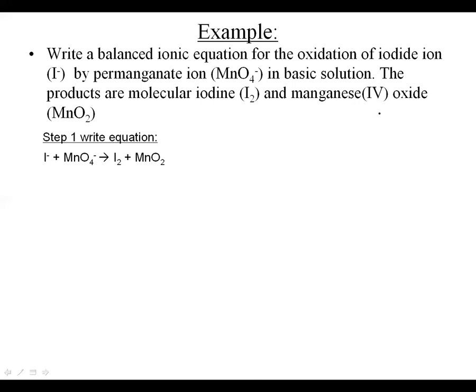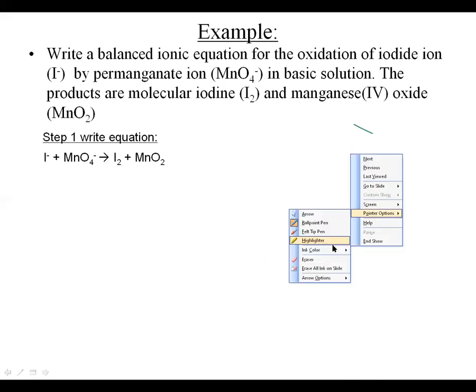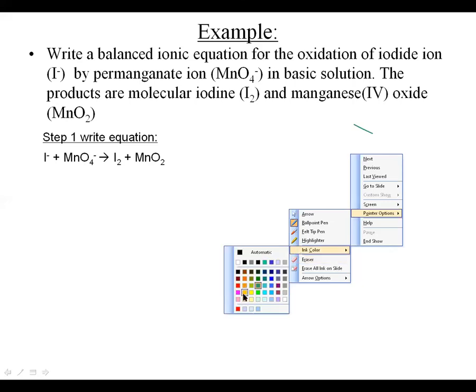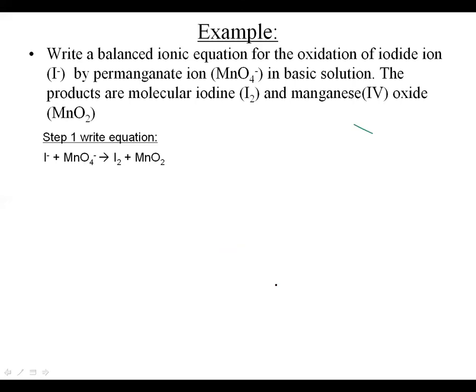Okay, so let's see how you're progressing. Even if you haven't finished it, let's take a look and see what we end up with here. All right. So again, the first thing you want to do, as we talked about, is split them off into the two things that are related to each other. So obviously, I minus and I2 are related to each other, and MnO4 minus and MnO2 would also be related